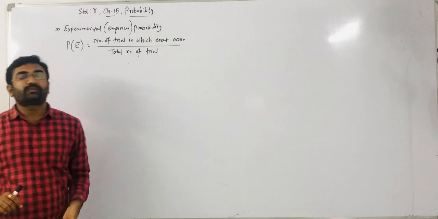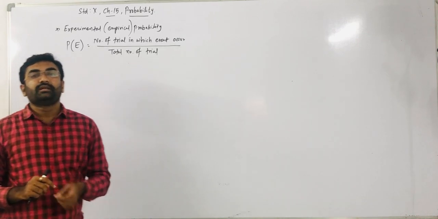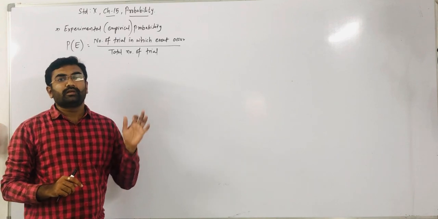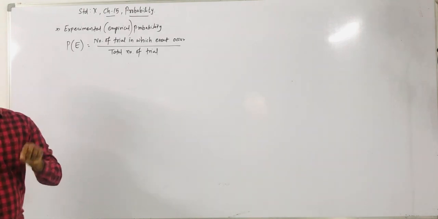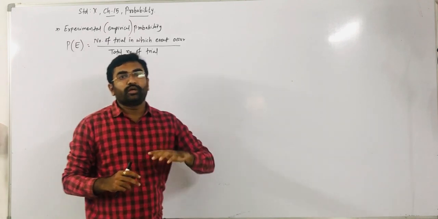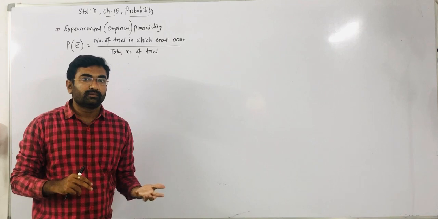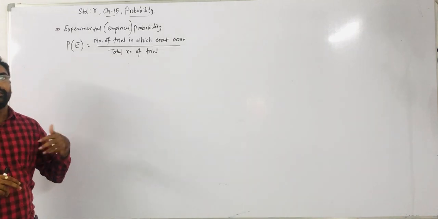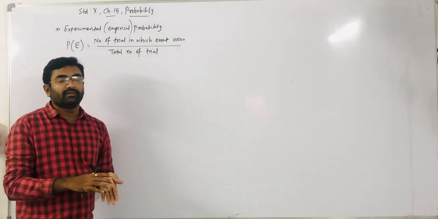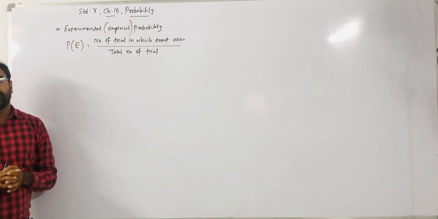But every time doing the experiment takes too much time, or it may be very expensive. Suppose I want to find the probability of failure when we launch a satellite; it is very expensive and takes too much time. Another example: finding the probability of a building being destroyed due to an earthquake is also very expensive and takes too much time.